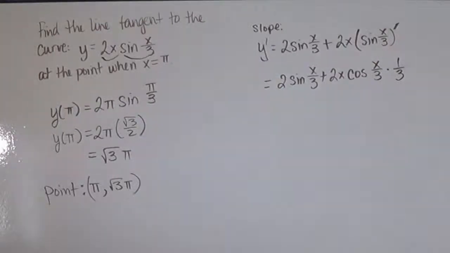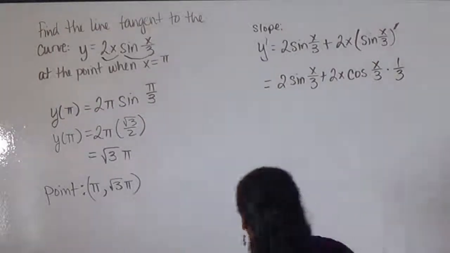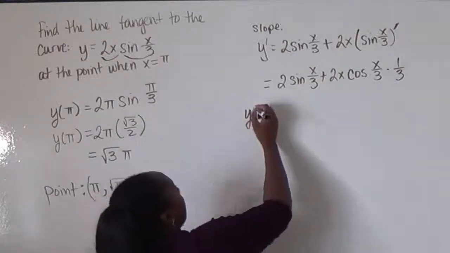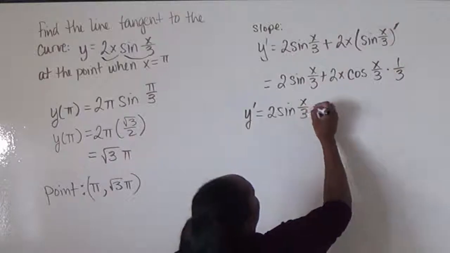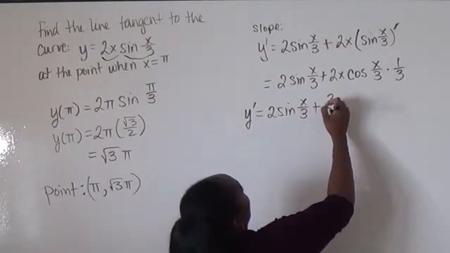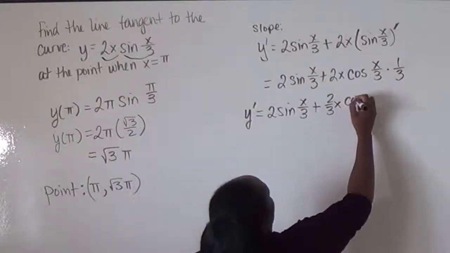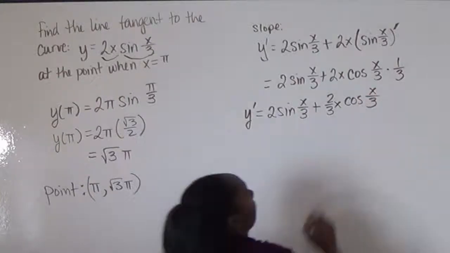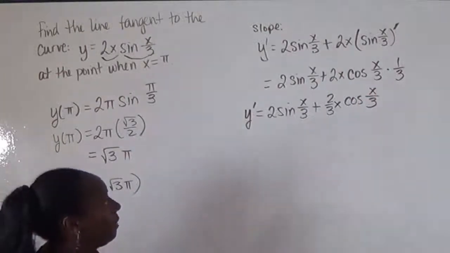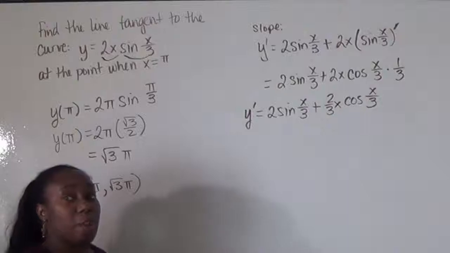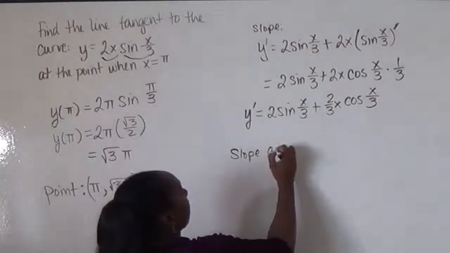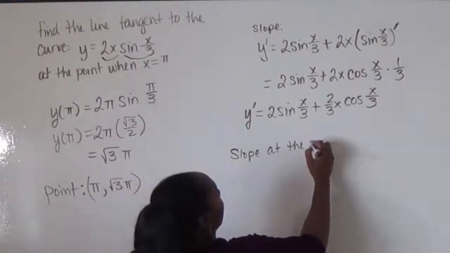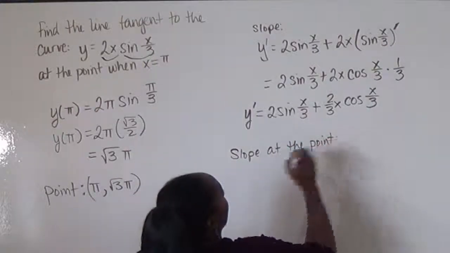Okay? Again, we can clean that up some. So our y prime is going to equal 2 sine of x over 3 plus 2/3 x cosine of x over 3. Okay. That gives us our slope everywhere. To get the slope at our point, again, we're going to go back and plug in